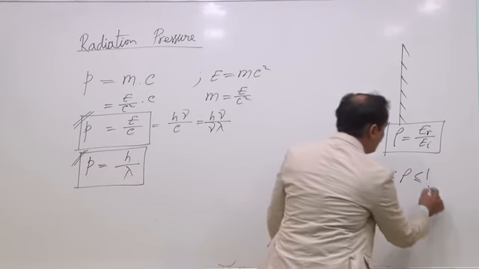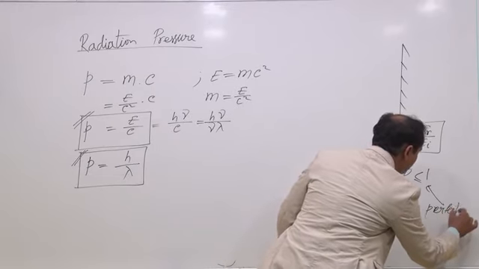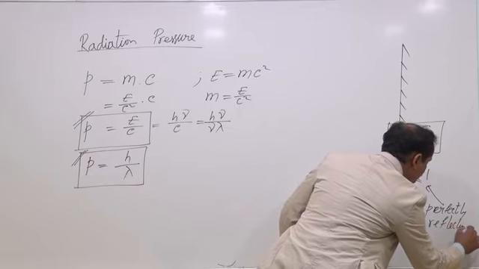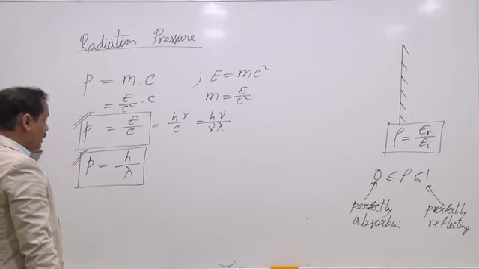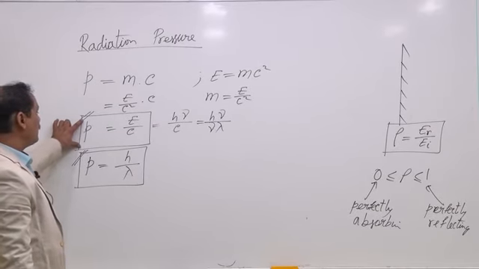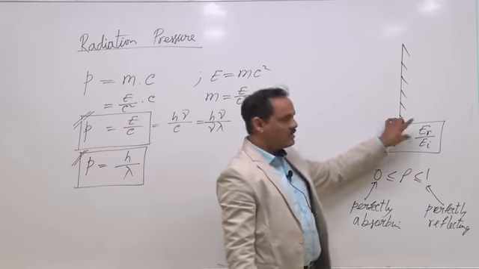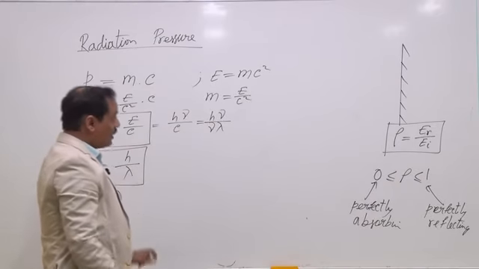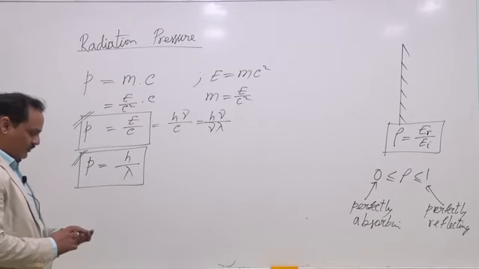And rho is equal to 1 for a perfectly reflecting surface. So this is the coefficient of reflection. So from here we got two terms. One, the momentum of a photon is E by C, and the coefficient of reflection is reflected energy by incident energy. Now using this, we need to find the radiation pressure.